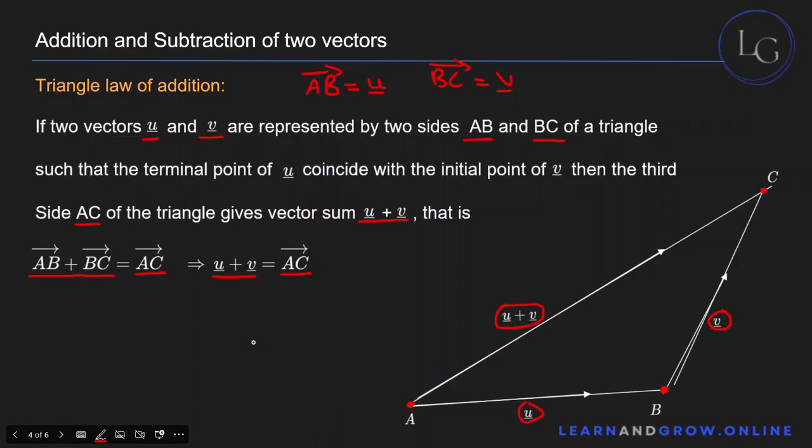For example, if you didn't have the vectors in this format, if you had AB like this, and BC like this, then you could just take it from this side and put it on that side, connect them, and use the triangle law of addition. But it's simpler if it's just given to you. The other way you can do this is with the